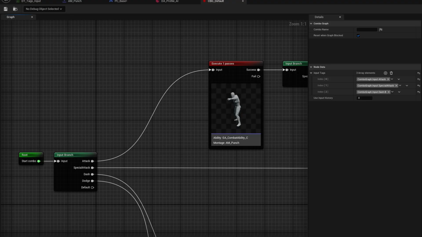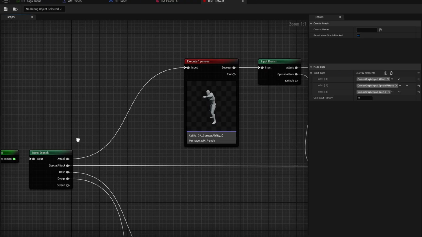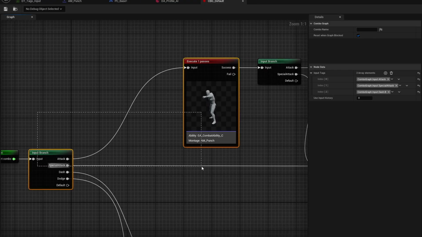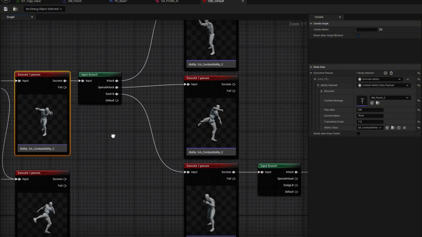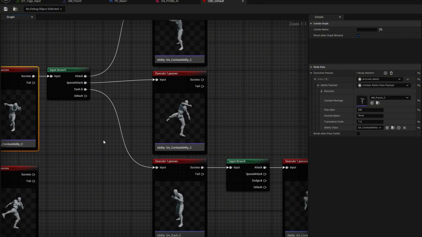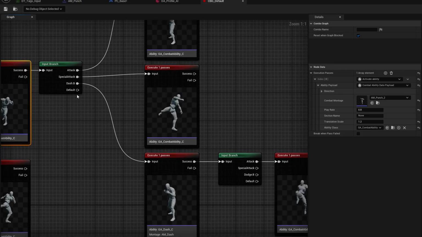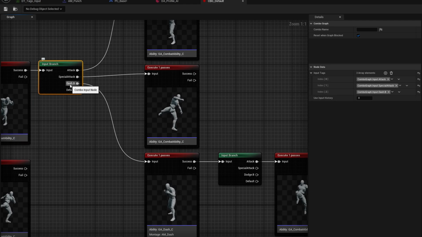So let's dive right into the combo graph to see how it will work. For the flying knee attack, we will have to perform 2 leg attacks first. First leg attack here, the second leg attack, and for the third move, the player needs to press the dash backward move. B stands for backward here, or you can see the whole gameplay tag here, which is